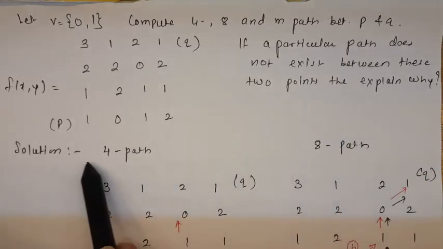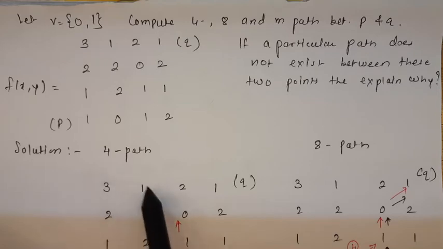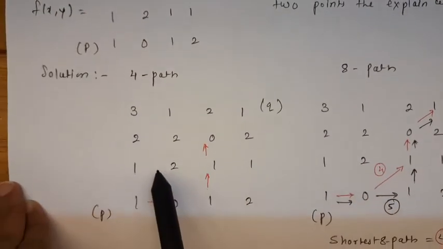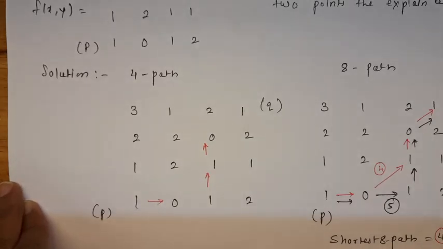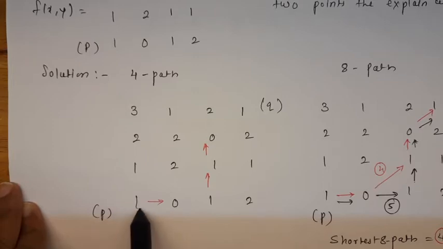Okay, so in the solution we will first solve for the 4 path. I have rewritten this image matrix. This is P and this is Q. Now what is 4 path connectivity? You are going to just consider whether the next pixel is in N4(P) or not, meaning the 4 neighbors of P. So this is P given. What is the set V given? It is 0 and 1. So either I can go this way or this way.